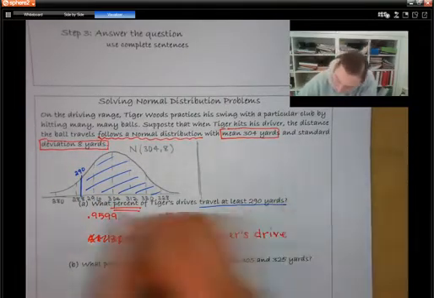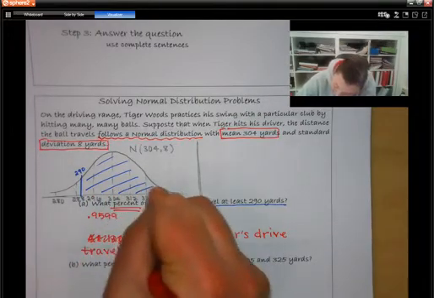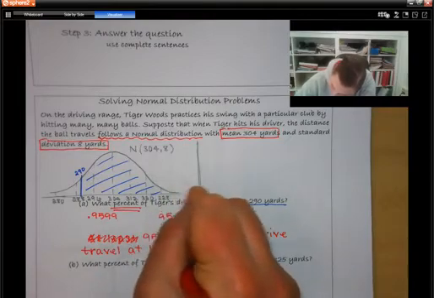95.99% of Tiger's drives travel at least... That's where I went. At least, sorry. It's a really good thing I don't teach English. At least